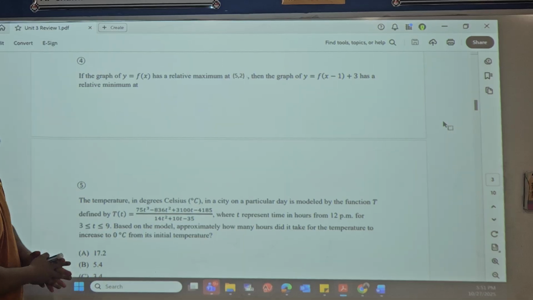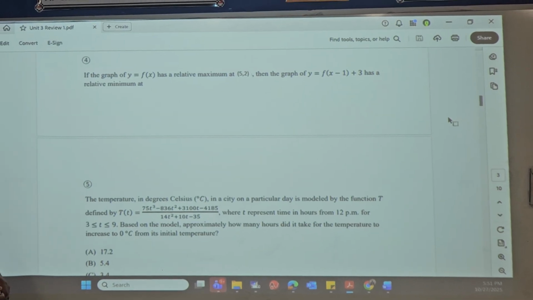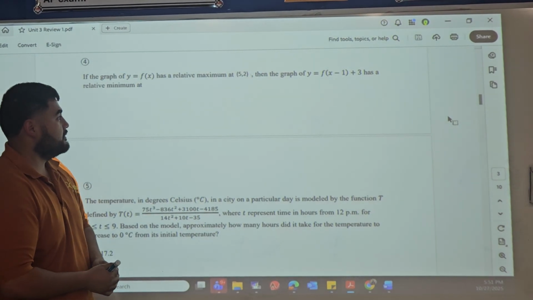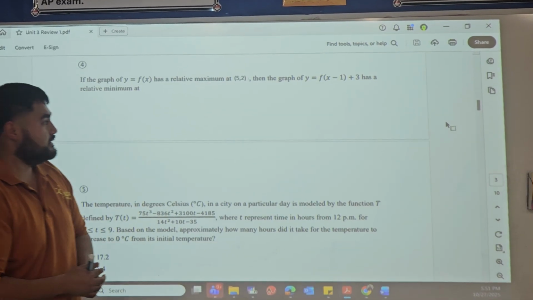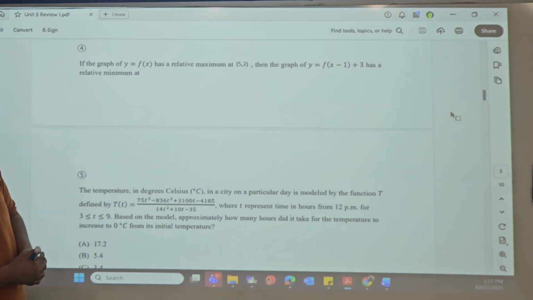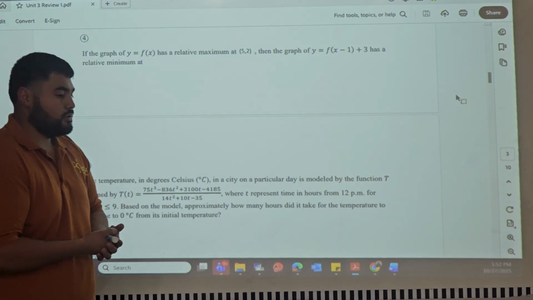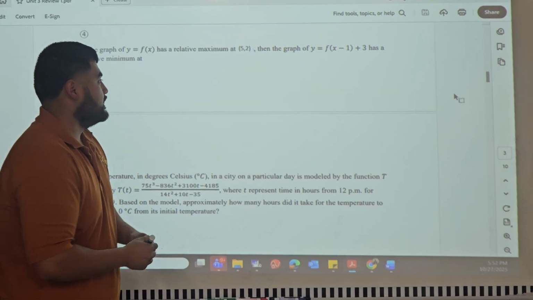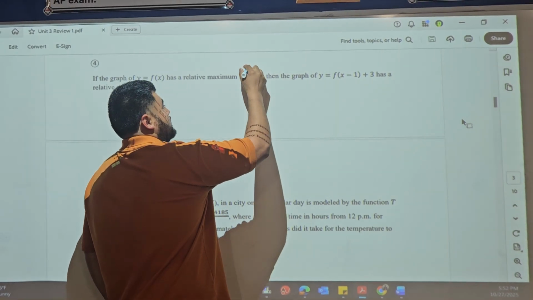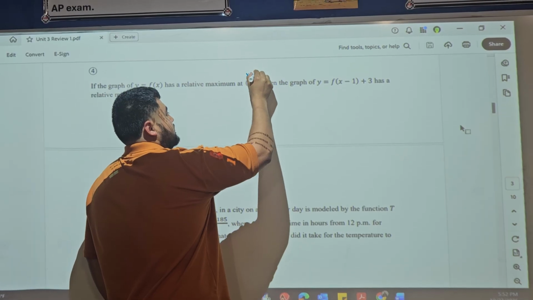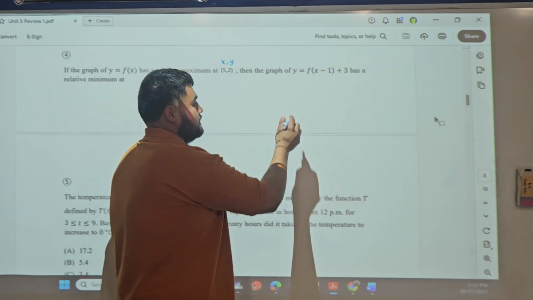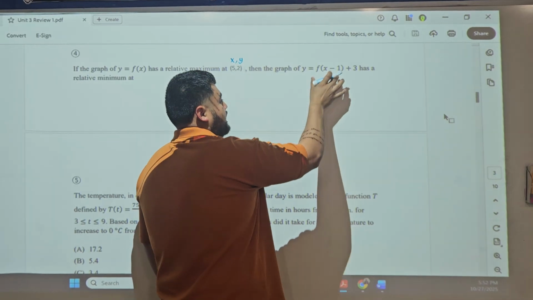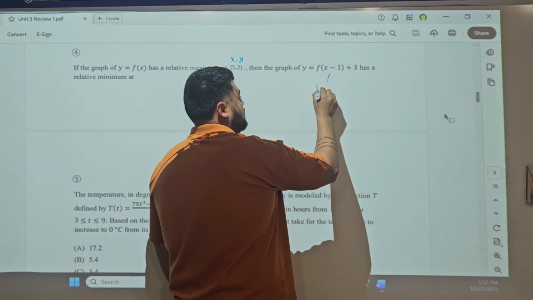Okay, it says here that the graph of y equals f(x) has a relative maximum at (5, 2). Then the graph of y equals f(x minus 1) plus 3 has a relative minimum at, so again, transformations, you have to consider this point. First number is x, second number is y. So what is this really affecting? Well, you have to go back and think, inside parentheses, it's always horizontal,